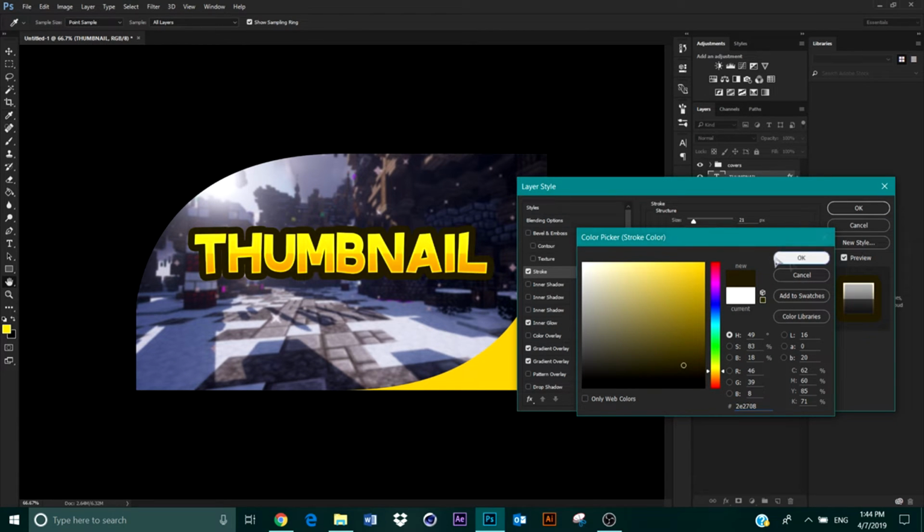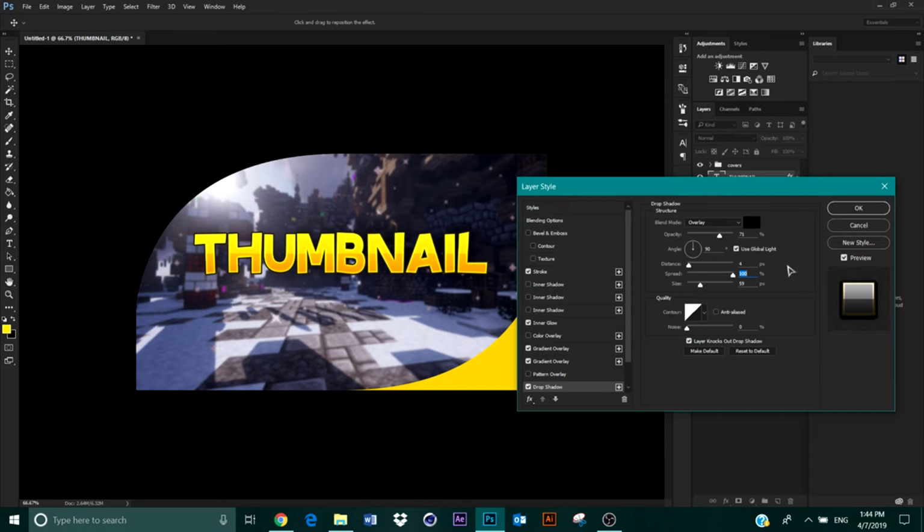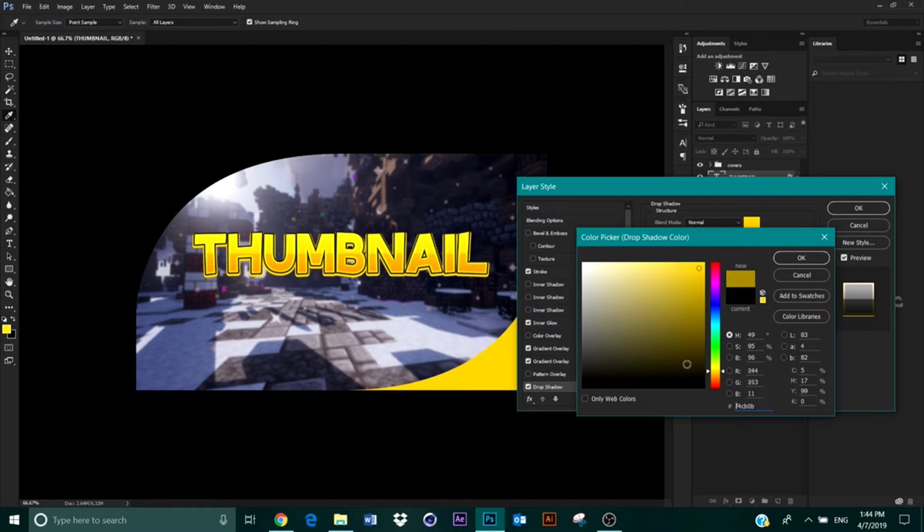Next thing we'll be adding is a stroke, a little dark orange type of stroke, and it's not too big, just to add a little. So we'll be doing a little 3D type of effect to it, just not too much anyways. So we add a drop shadow. Make sure the settings are the same on normal, whatever, and now it looks like it's